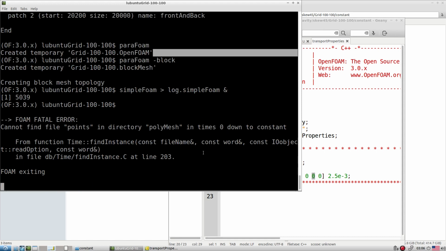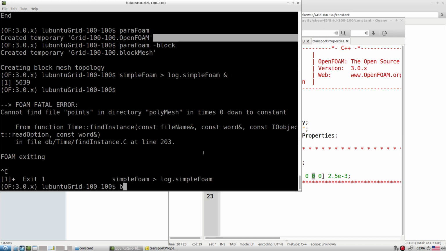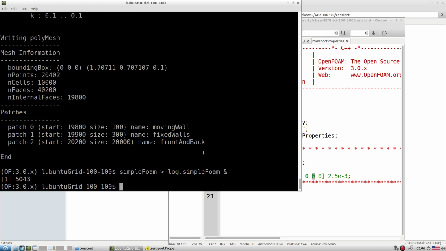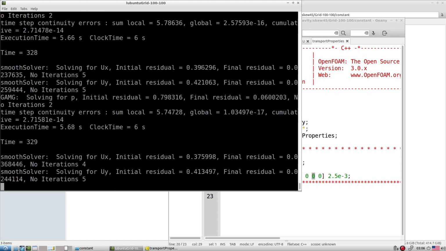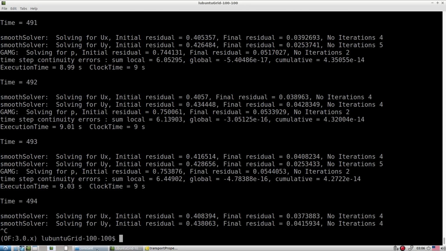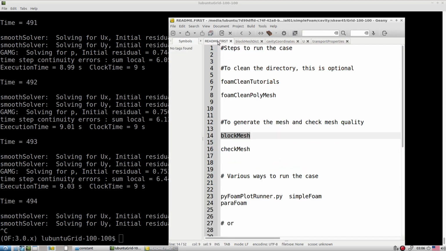Why? Because we didn't create the mesh, that's why it's saying this. So blockMesh. Then tail -f log dot, you can see the output of how it's simulating. If you want the graphical output of it, then please follow this command.